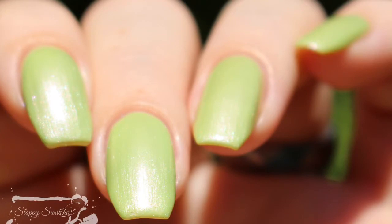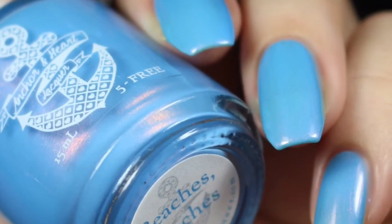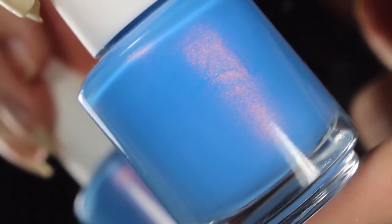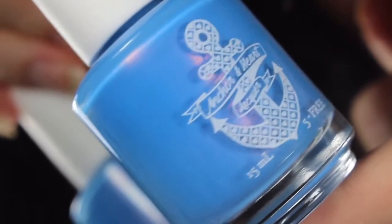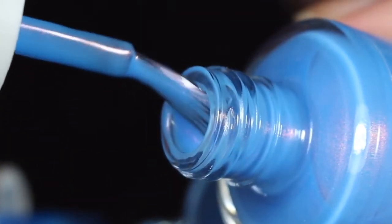So these last two are definitely my favorite. First up is Beaches Beaches, and this is described as an azure blue cream with strong copper to orange shimmer. Again, 2 to 3 coats for full opacity. This shimmer plus this base color just screams summer to me. So beautiful. I'm going to go ahead and show you a brush shot, and I'll show you how Beaches Beaches